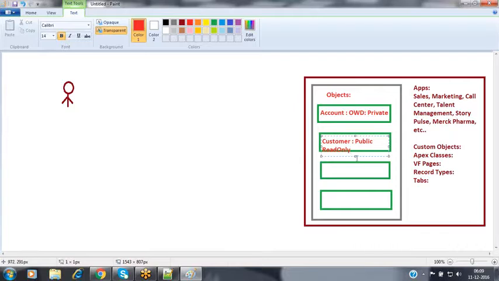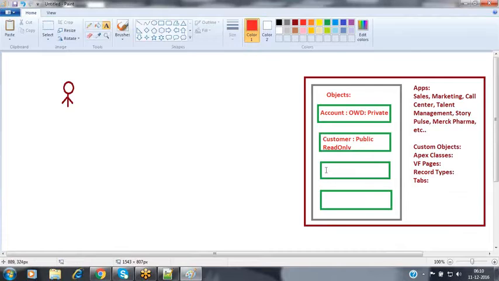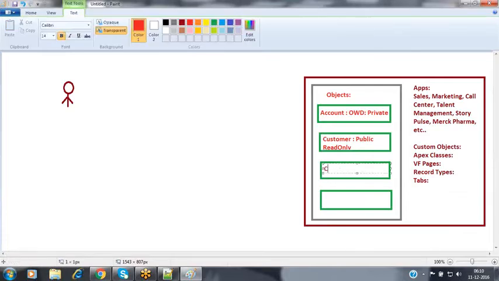I also have the contact object, which is controlled by parent.